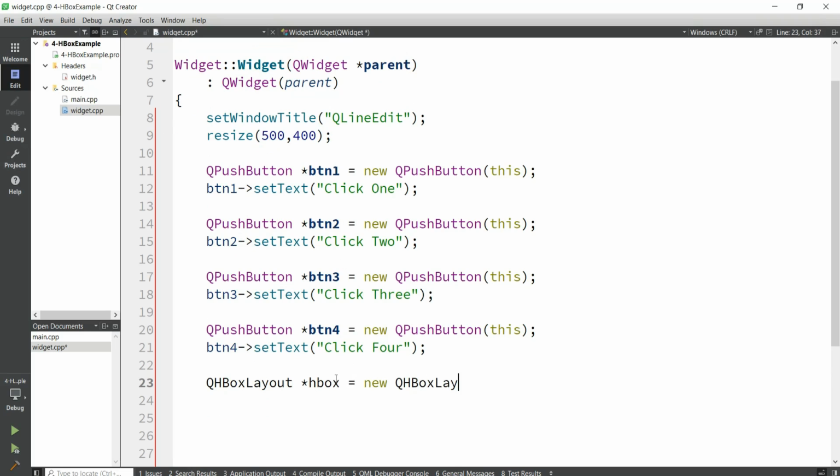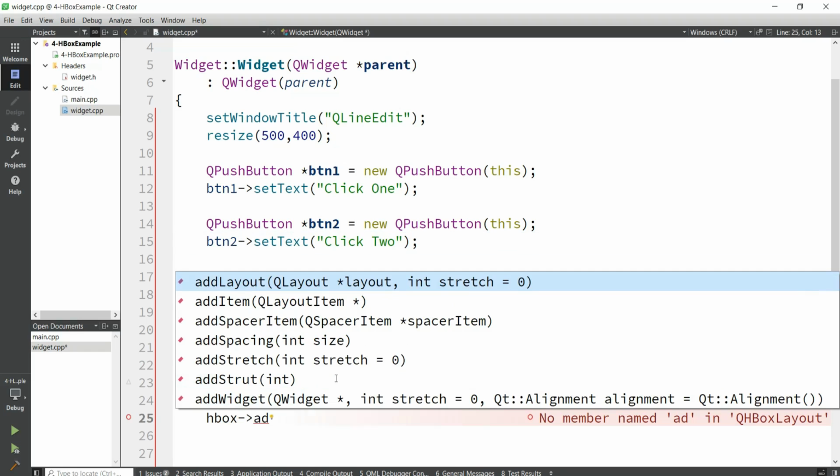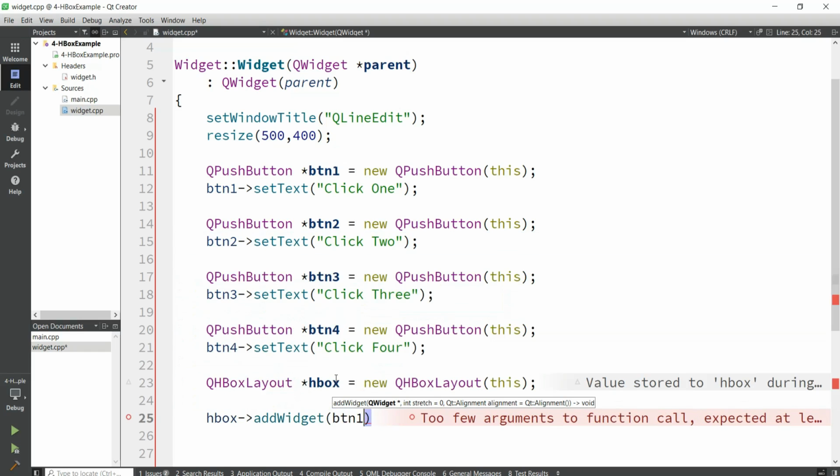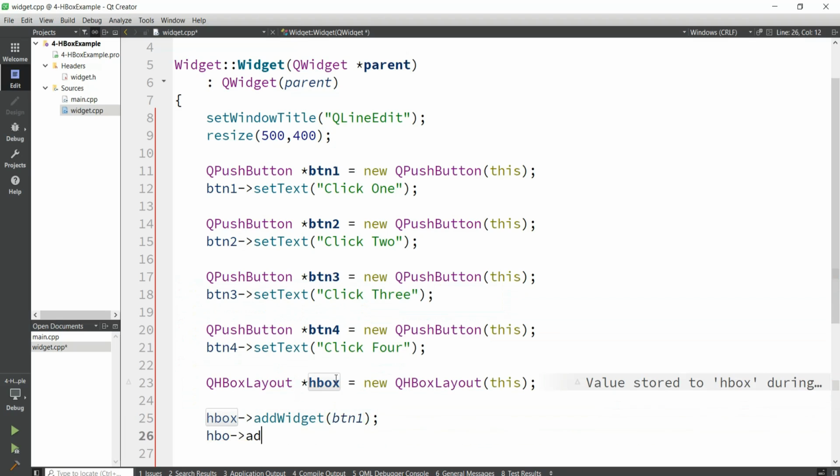edge box layout, and we can pass the parent as this. And now we can use the add widget to add these buttons to the horizontal box layout. I can just say edge box add widget, and we want to add btn1, edge box add widget,